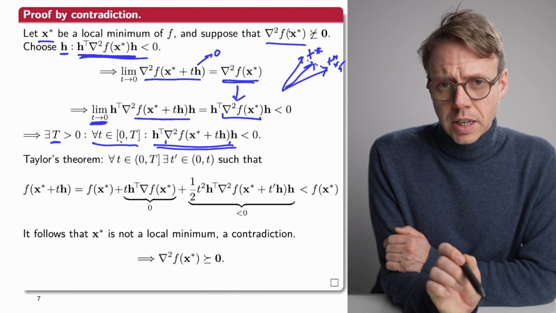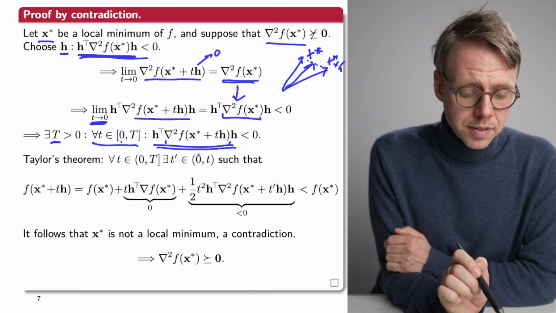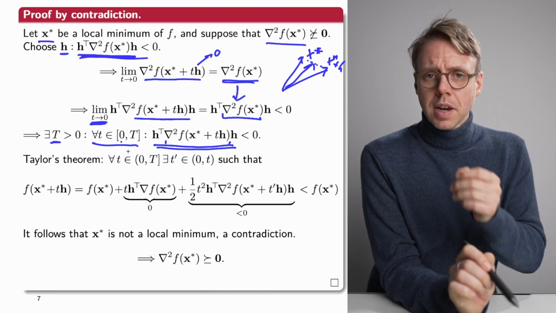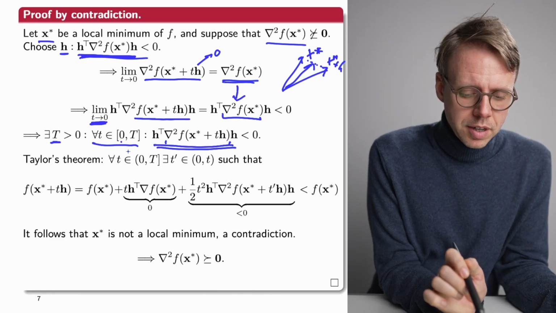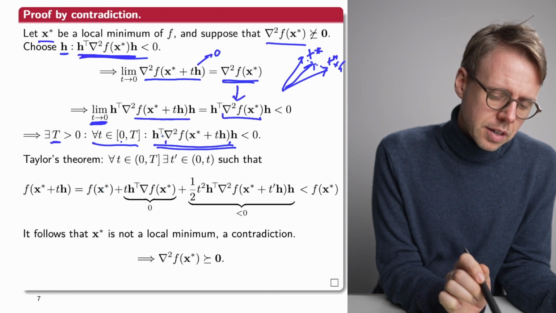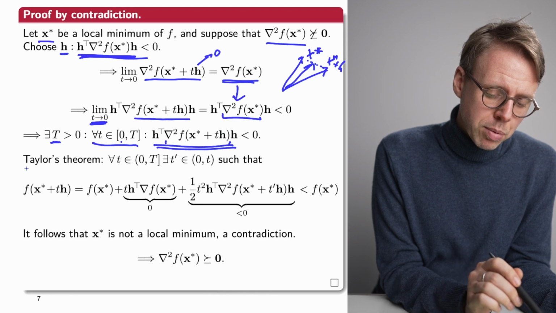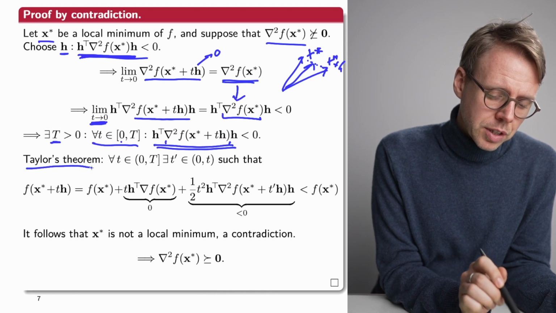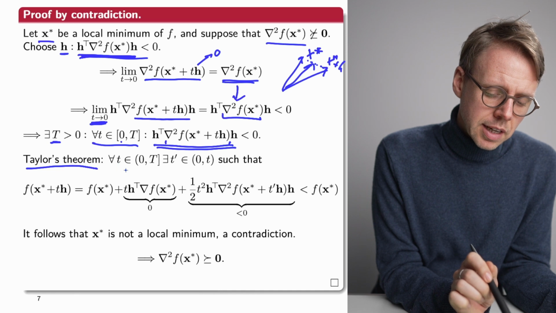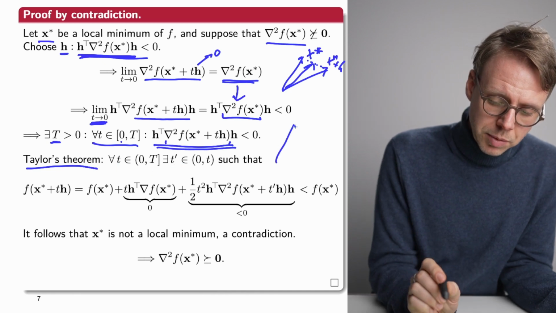And that we can do because of the continuity of the Hessian. We will, similarly to before, now once we are in this interval, apply to any of these points Taylor's theorem, which means that we can find between,